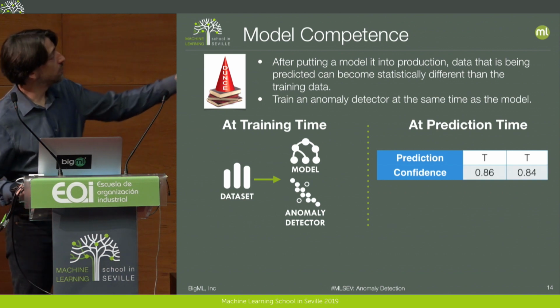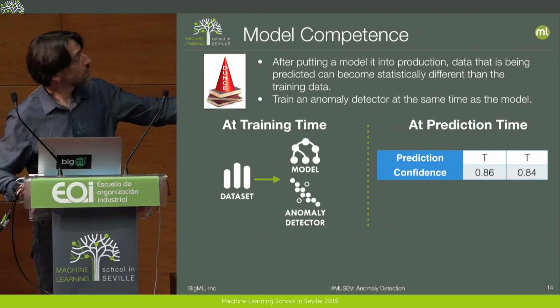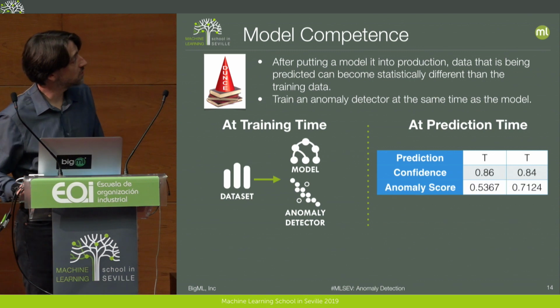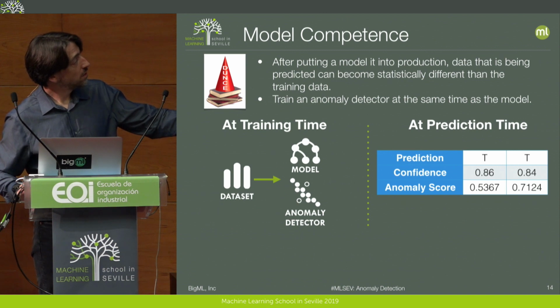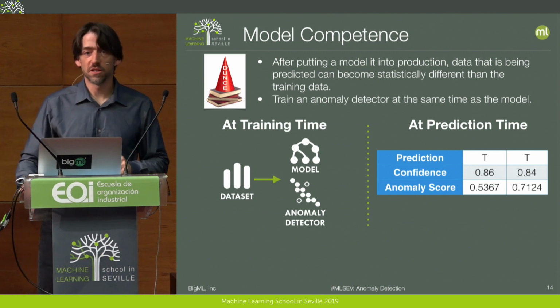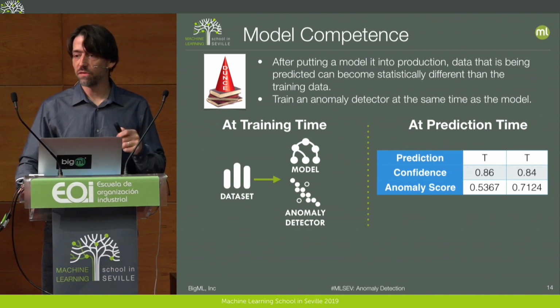So at prediction time, you run it through both of these, and you say, okay, here's a prediction, this loan is okay, and I have a 0.86 confidence, and this other loan is okay, and I have a 0.84 confidence. But the anomaly score for this one's a 0.53, and that one's a 0.7. So if I look at this, I say, okay, the model thinks both of these loans are fine with a relatively high confidence, but this one, it's predicting on a loan that doesn't match the training data. And so I don't know if I can actually trust that prediction,